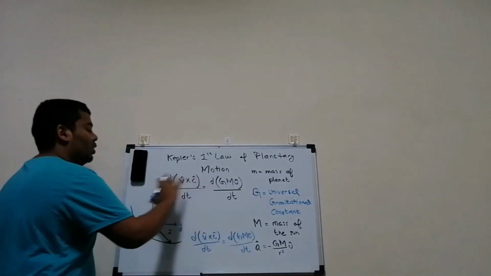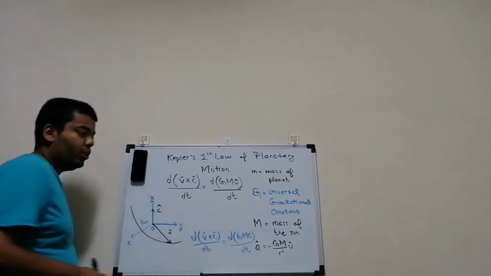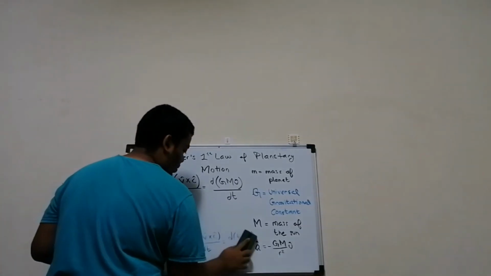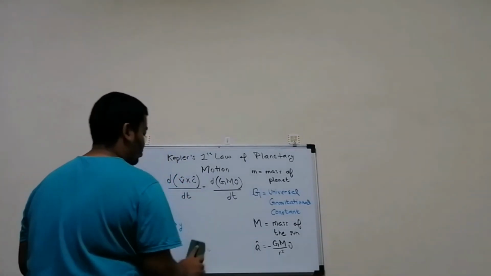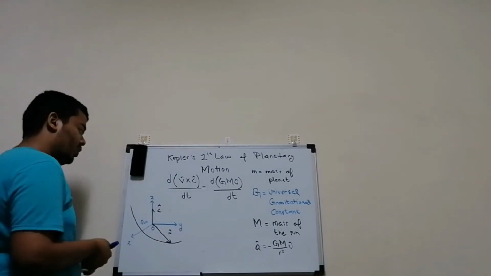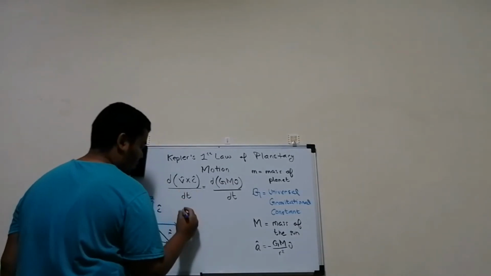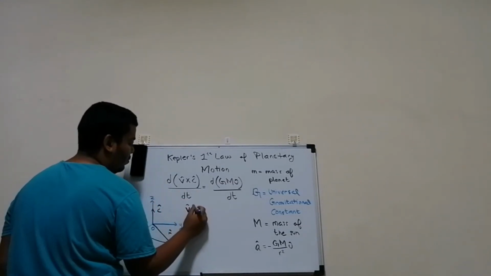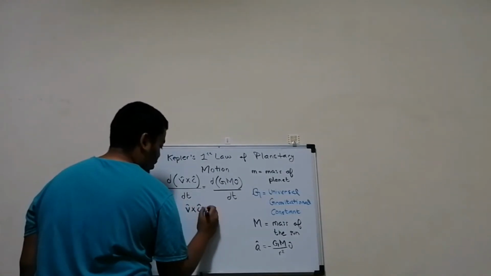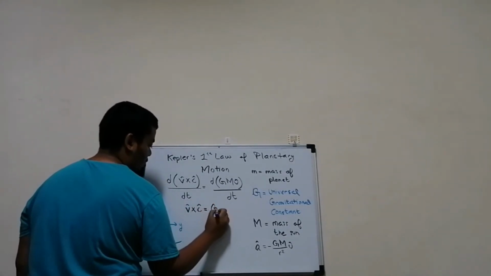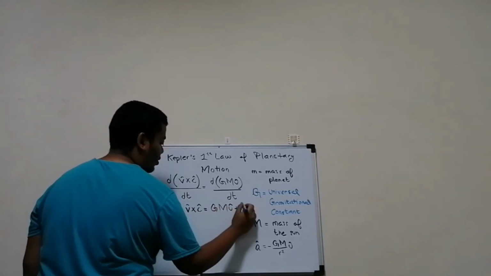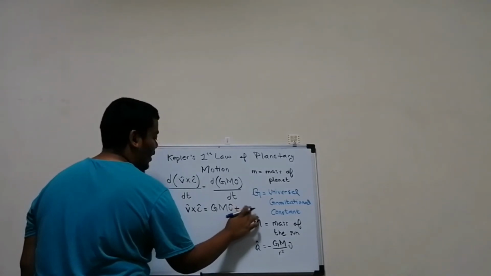So now we will study this particular part. Let's go. So now, guys, what we will do is we'll integrate this formula. When we integrate on both the sides, we get the cross product of the velocity vector of the planet into the constant vector, which is here, is equal to this particular thing right here, plus our constant vector, let's say